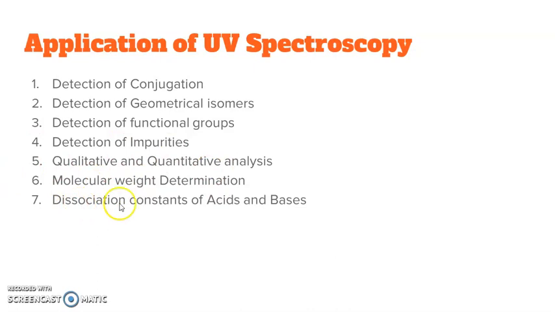We can determine the molecular weight of a compound by preparing its derivative. And we can also find out the dissociation constant of an acid and a base. This by itself is a big practical where we can determine the dissociation constants of acids and bases based on their colors at different pHs. Okay, and we can identify by plotting the pH curve versus their absorbance at different pH. Then we can calculate the dissociation constants. So we'll be performing a practical on this dissociation constant of acids and bases. So with this, I will end the UV spectroscopy